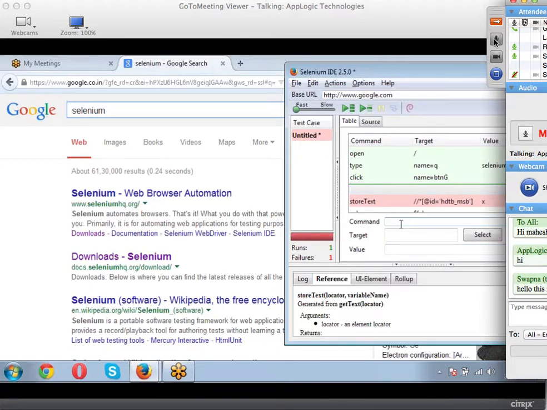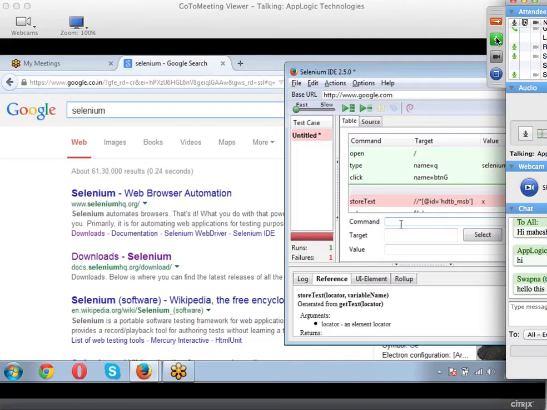Yesterday, we stopped at discussing validation commands: store commands, validation commands, and synchronization commands. So today we'll look at validation commands. Before I try to store, I would like to analyze whether the object's value which I want to store is available or not. If it is not available, I will not try to store it. I will just stop my execution. If it is available, then I will store the value and display it as usual.